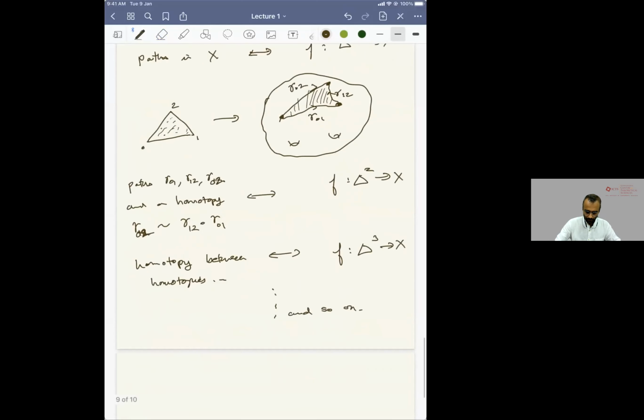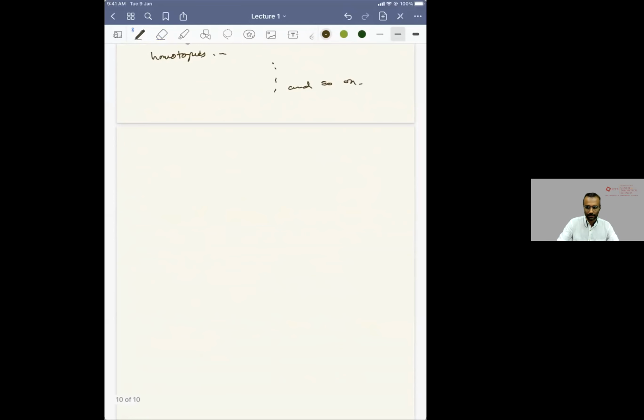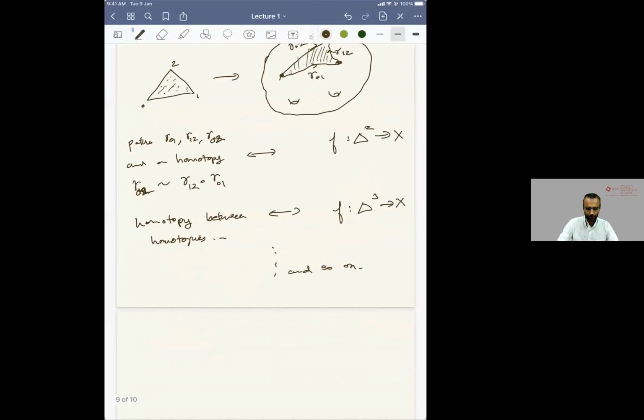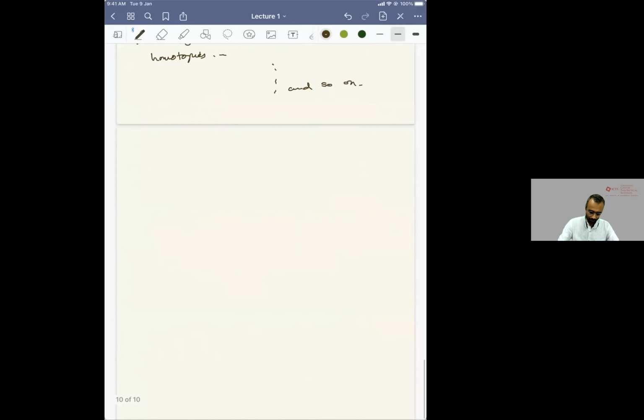Okay, so let's try to understand what the structure is. And to do that, let me just describe, let me introduce some terminology. So definition,